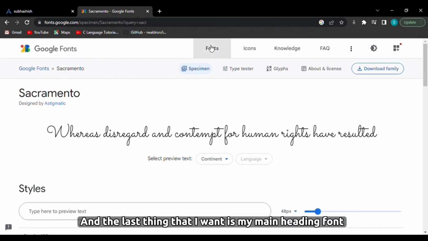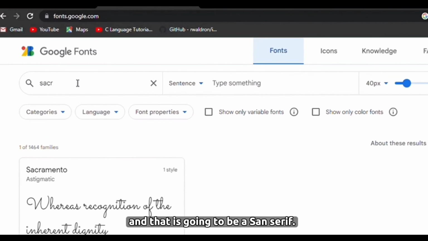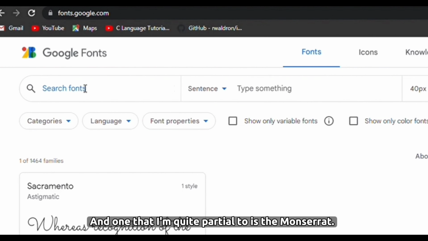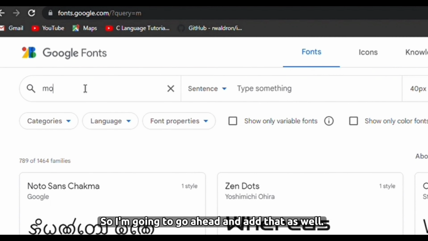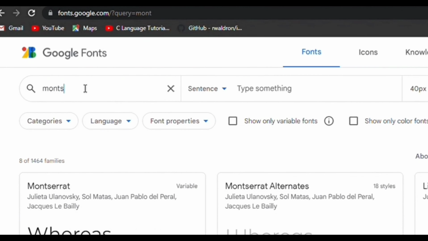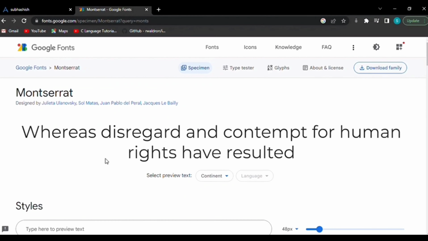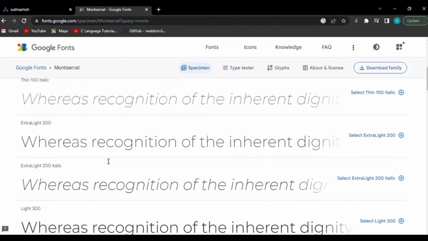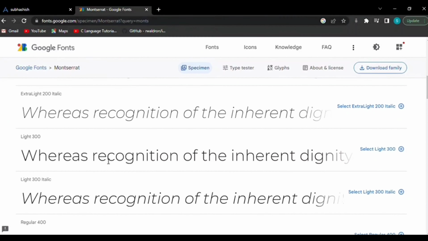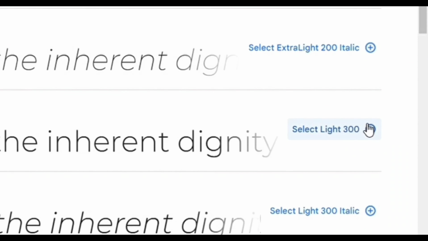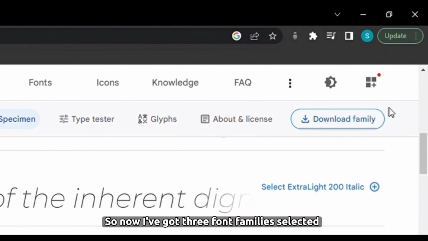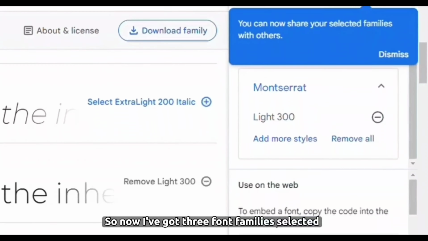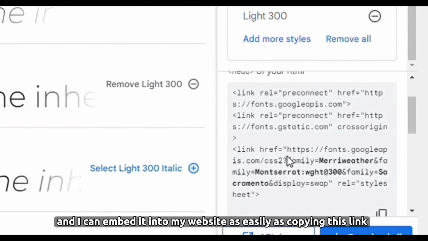And the last thing that I want is my main heading font, and that is going to be a sans serif. And one that I'm quite partial to is the Montserrat. So I'm going to go ahead and add that as well. So now I've got 3 font families selected, and I can embed it into my website as easily as copying